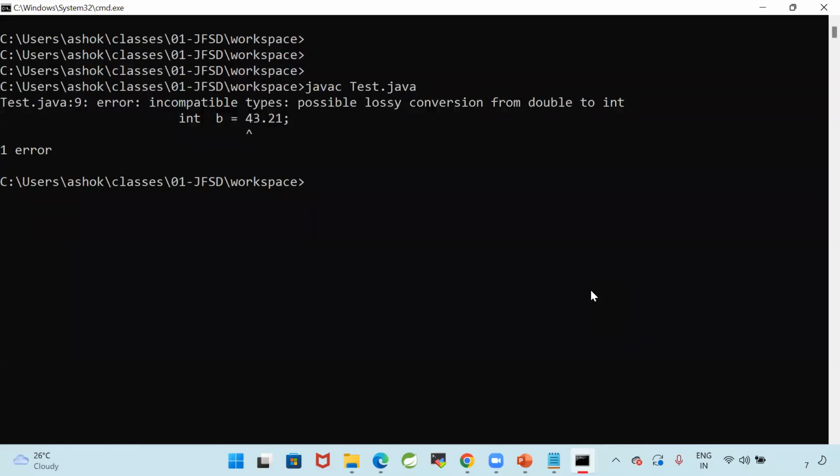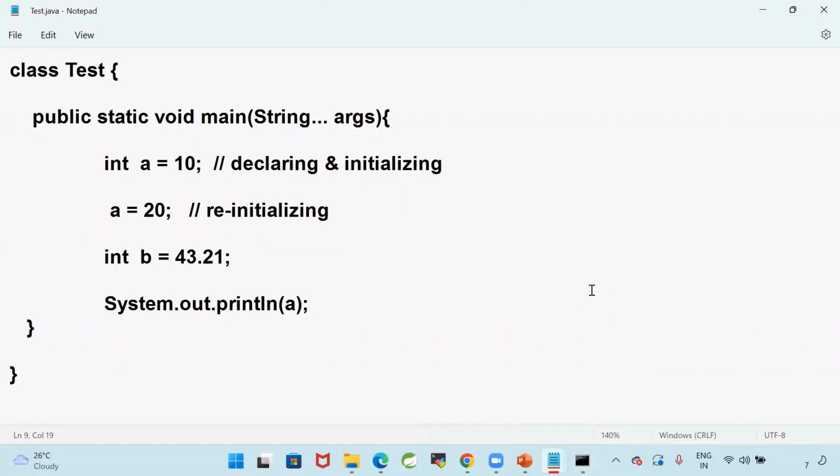There is a chance of losing the data. 8 bytes of data you are trying to store into 4 bytes of memory. So is this program valid? This program is invalid. Now this program is valid or invalid? Now it is valid because I am doing the comments. Comments means that code will not be executed.